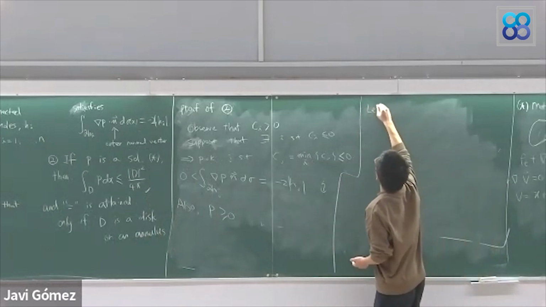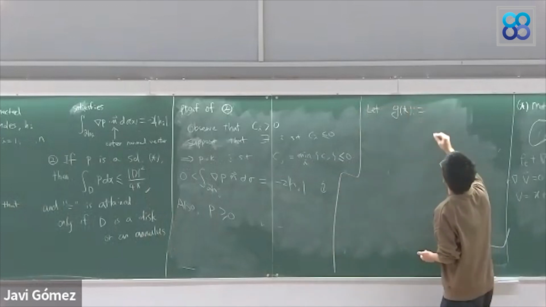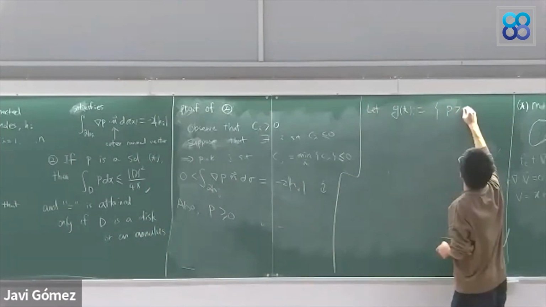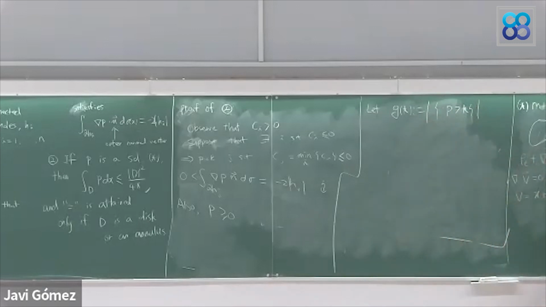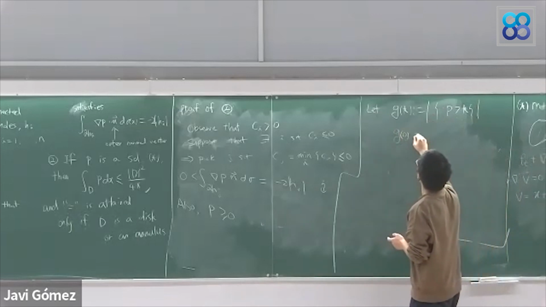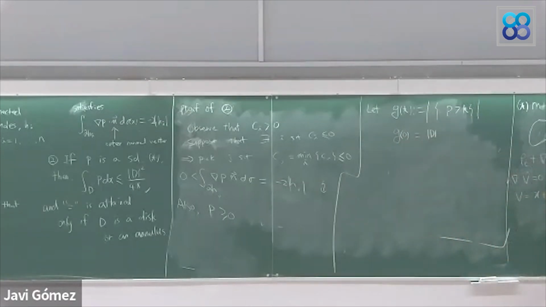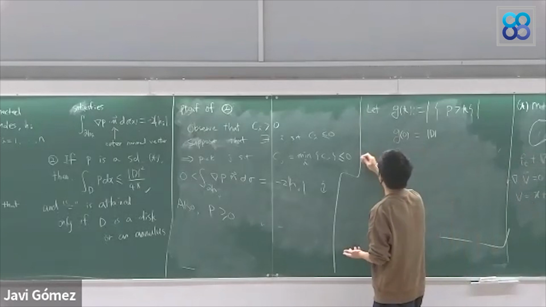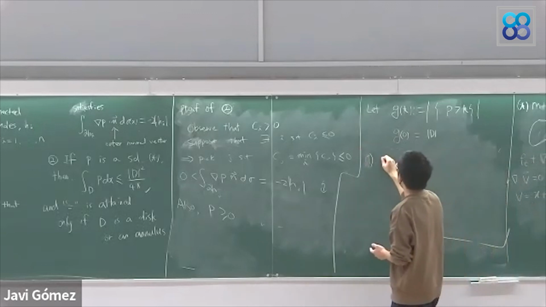So then we are going to define function g to be the measure of the superlevel set, P is greater than K. First, G of 0 is going to be D. And then we are going to compute G in two different ways. The first one is to use the coarea formula here. G(K)